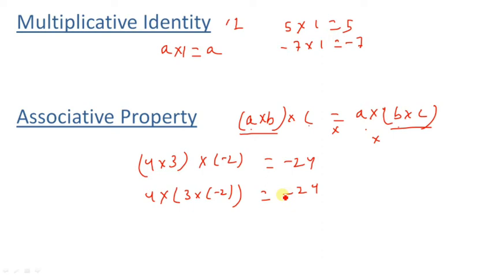Okay. Now we have the next property, and it is one of the most important properties of multiplication, which is known as the distributive property. Now what is the distributive property? Suppose I have a into (b plus c). Look, b plus c is multiplied with a. It means b plus c is added first, then the result is multiplied with a. So a into (b plus c) will be equal to ab plus ac.